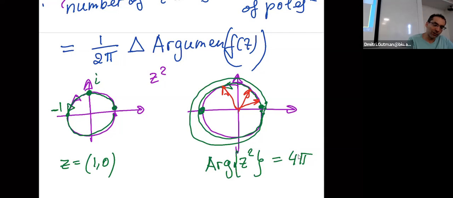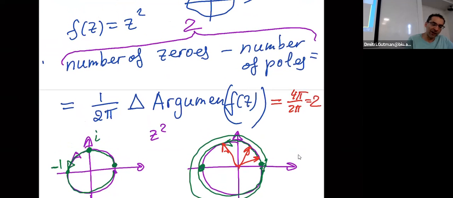Therefore, in the units of 2 pi, this will be 4 pi divided by 2 pi, which will be equal to 2. So we see that the left-hand side,